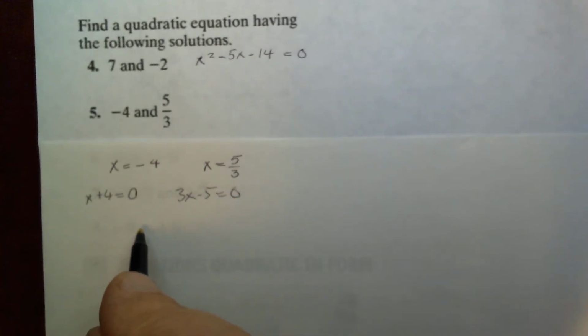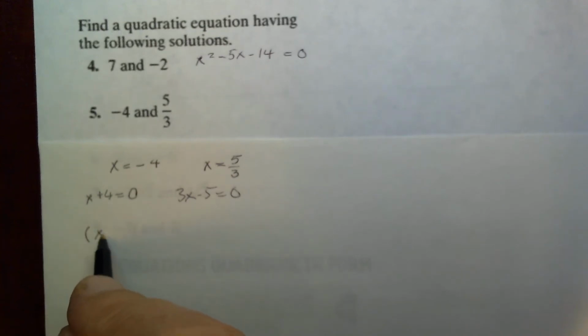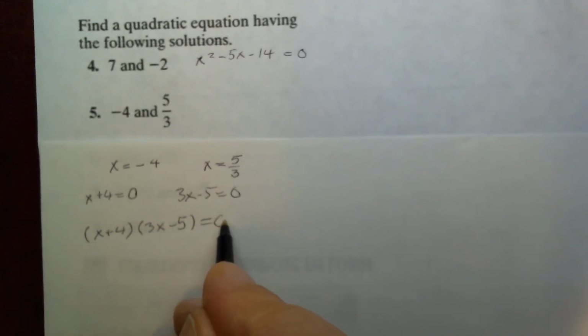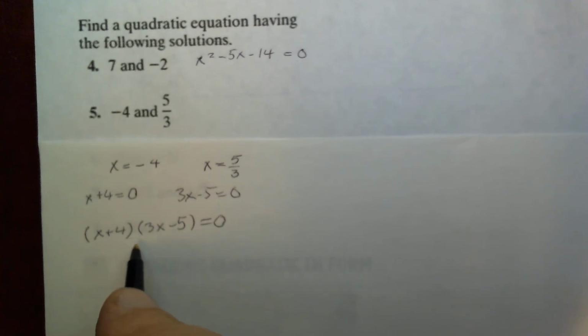So from the zero product principle, we multiply these two factors, x plus 4 times 3x minus 5 equals 0, and multiplying these two binomials gives us 3x squared